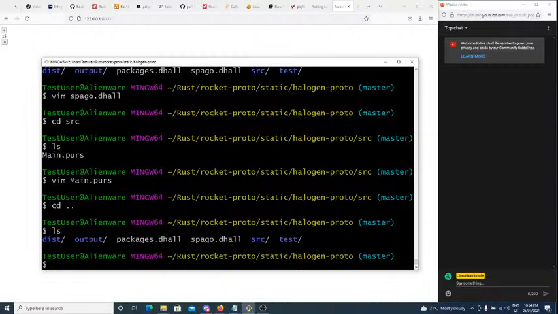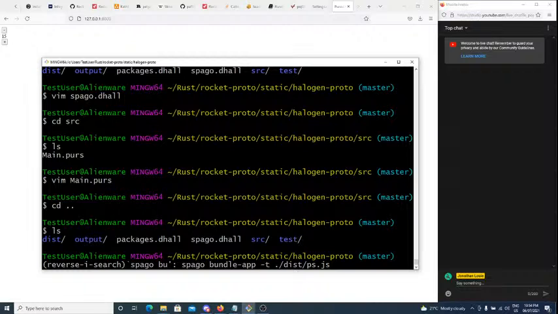What is it about this folder? I think there's a Spago build app or something. Let me see if I can. Yeah, Spago bundle app, -T. Yeah, -T specifies where to output your build.